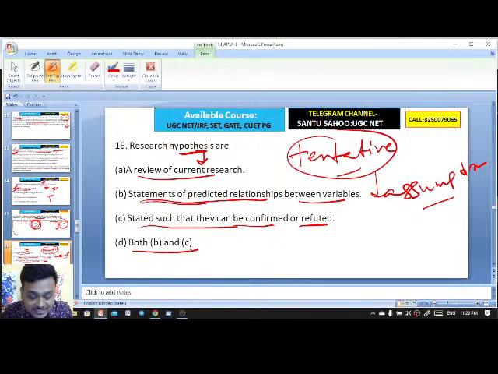A hypothesis is to be tested in the process of research. It's a tentative statement, a prediction of the relationship between various types of variables. It can be accepted, and it can even be refuted.